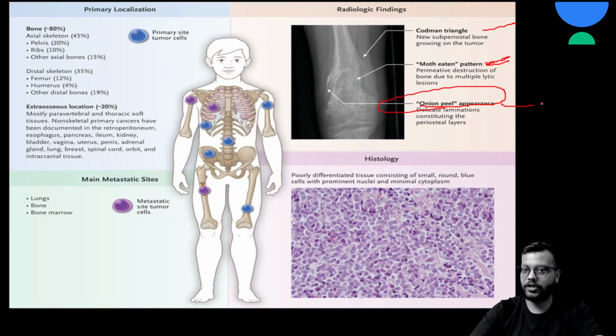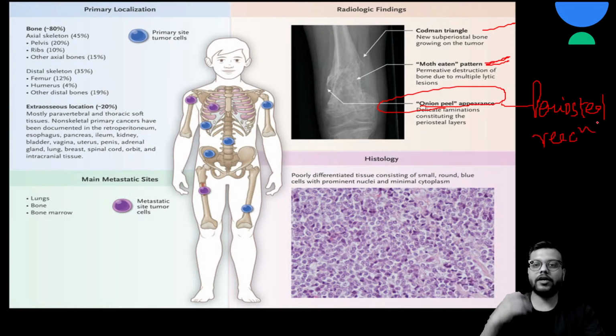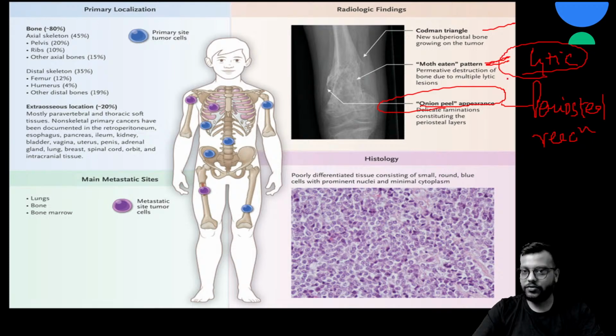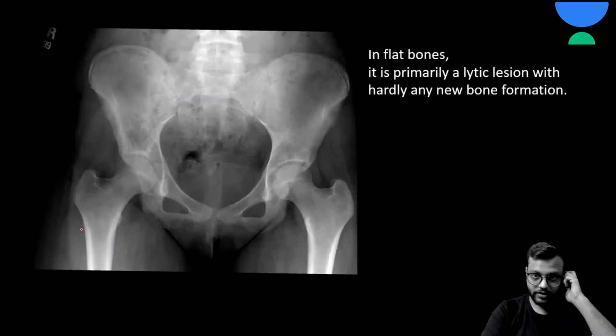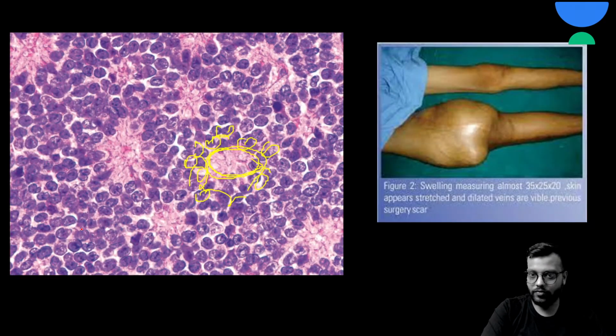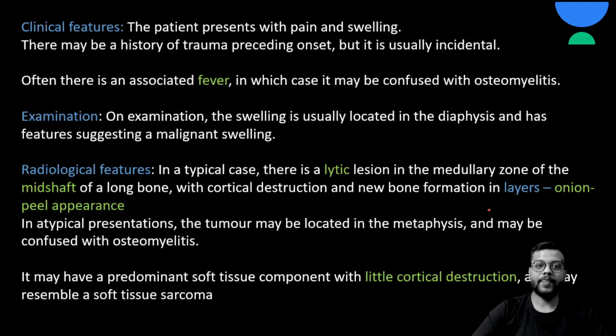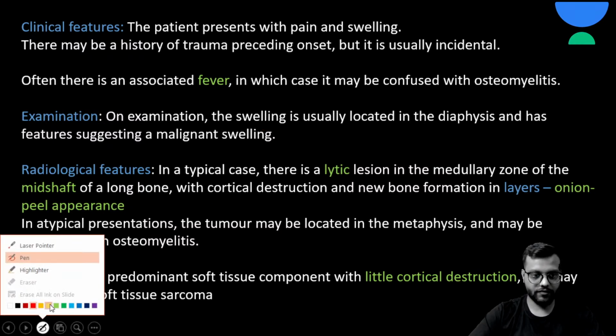ये क्या है? Periosteal reaction. वहाँ पे irregular थी ना, यहाँ पे irregular नहीं होती है. It is in a layer form giving an onion peel appearance. Periosteal reaction से Codman formation and lytic lesion जैसी picture होती है. So there is moth eaten appearance. Okay, here you can see flat bones pelvis में Ewing sarcoma. This is the gross of the Ewing sarcoma. Okay, now clinical features, वही same clinical features होंगे, pain and the deformity and the